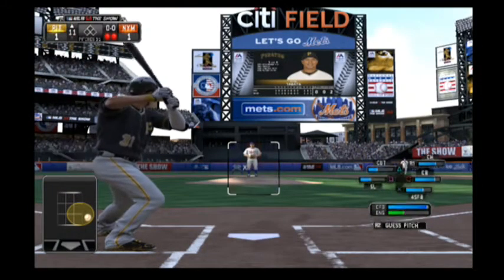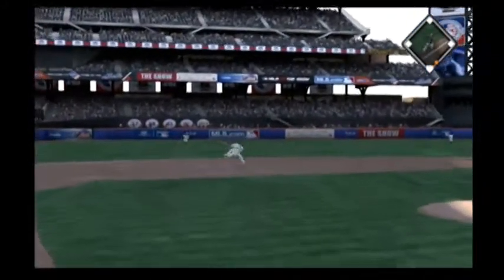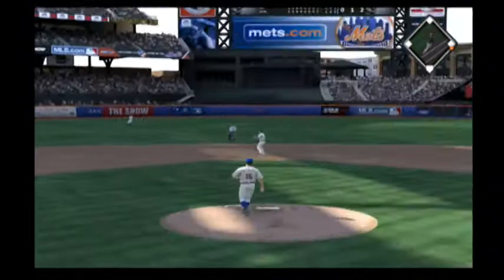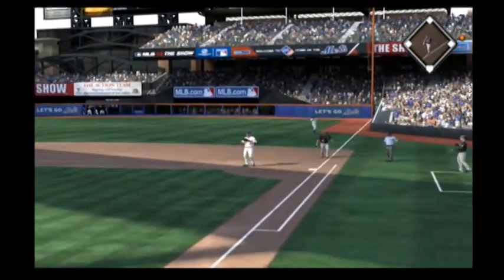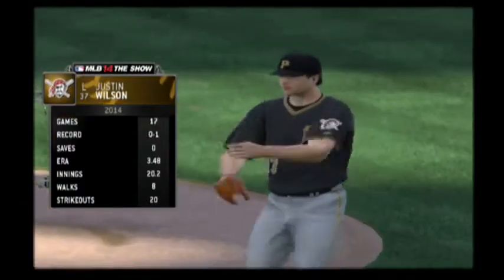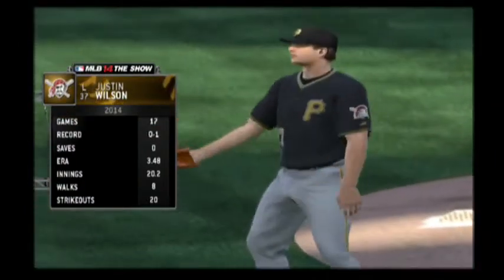Jose Tabata will step in. So now a swing and a bouncing ball toward the hole. On to play it is Tejada. And no chance on the throw here as he reaches first. Justin Wilson will take over now to start the home 11th, knowing that just 1 would be the end of